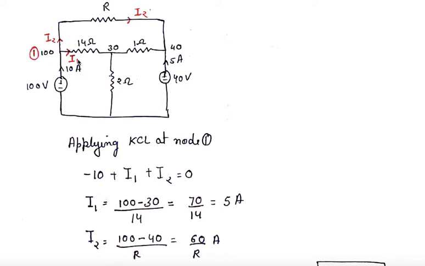So it's not always that you have to assume the current is always leaving. Whenever we are marking the current from our side, we have to mark the current in the leaving direction only. If the values of voltages are given and it is pretty clear to us that the higher potential is on the other side, you can mark it as entering current also, that is also correct. And even if you marked it wrongly, like even if this would be 100 and this would be 30 and you still took the direction of current this way, it is not a problem.